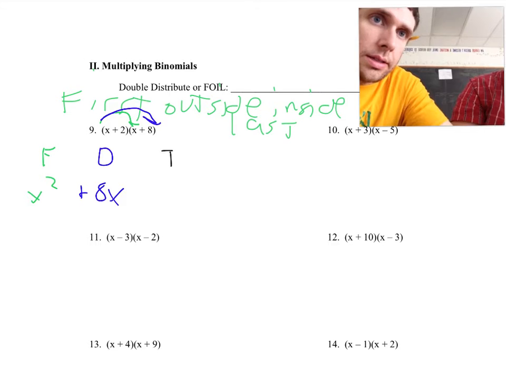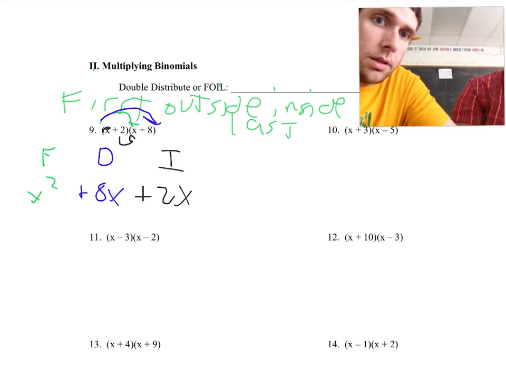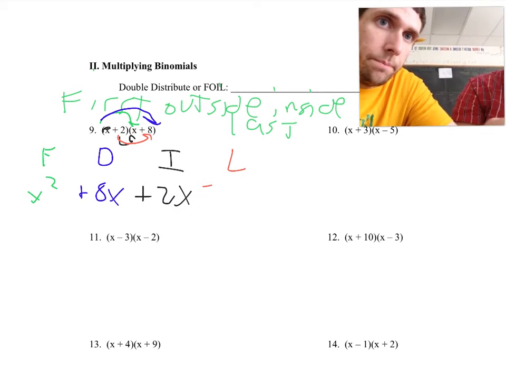Alright, then I'll go to my inside terms. So really I'm done with this x, I've already distributed that x through. I still have to distribute my 2 through, so I have 2 times x, which is a positive 2x. Okay, and then the last terms, my last terms are my positive 2 and my positive 8, and that is a positive